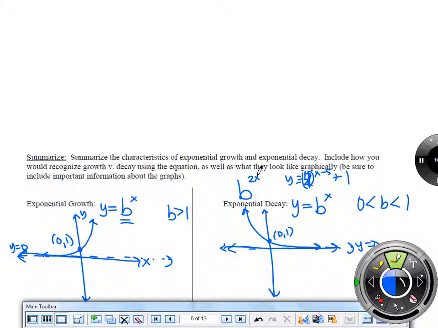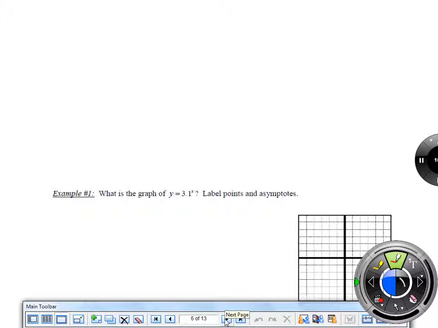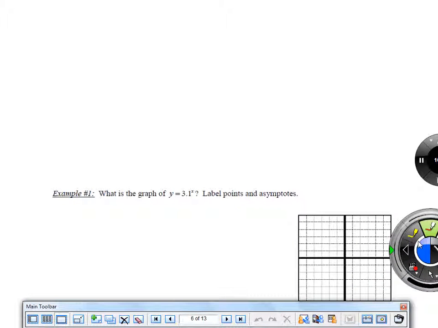All right, so we'll graph one function with an actual base. Each of the problems you get in the notes tonight are going to have stretches, compressions, shifting. They're going to have some transformations. So what you're going to see in the notes is us first graph the parent function, then remember what the transformations are, and then do those transformations to get the final graph. Okay? So we're going to do this one together